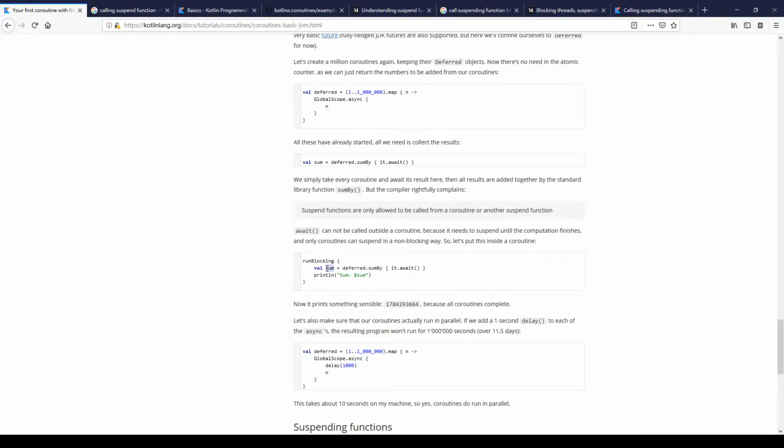I mean, the sum itself is shared inside a specific runBlocking coroutine. So this data is not shared. Every time there is a coroutine, it is only written to, but not